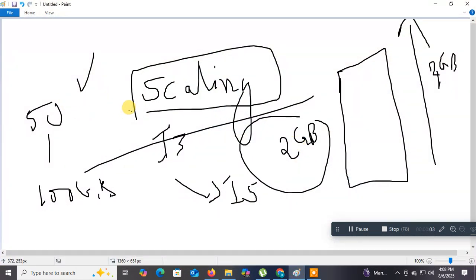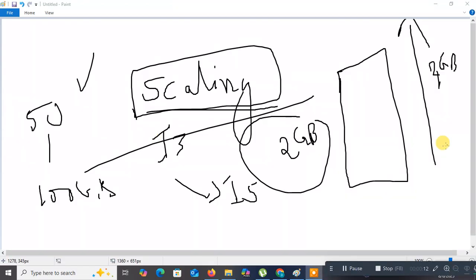Here, scaling means expanding your resources. There are two types of scaling: one is horizontal scaling, and the second is vertical scaling. In horizontal scaling, the existing resource, suppose a server having 2 GB, then if you increase